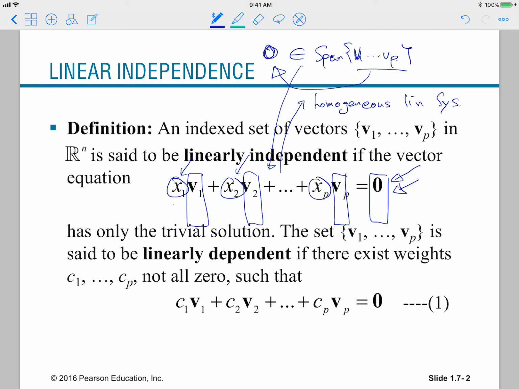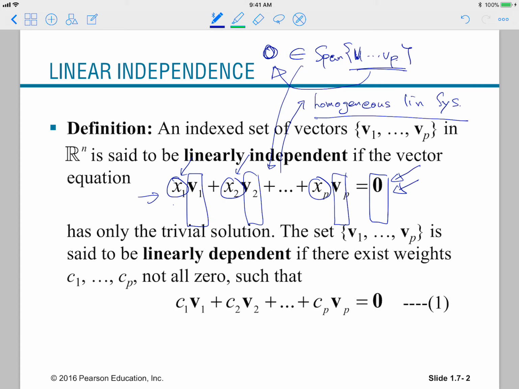So since a solution always exists, we always have at least one solution, and there are two possible cases: a unique solution only, or infinitely many solutions. When we have infinitely many solutions for this homogeneous linear system,